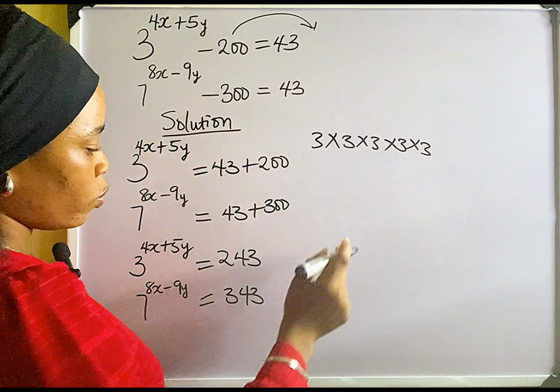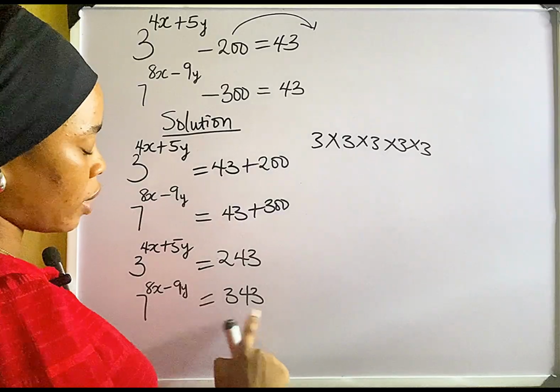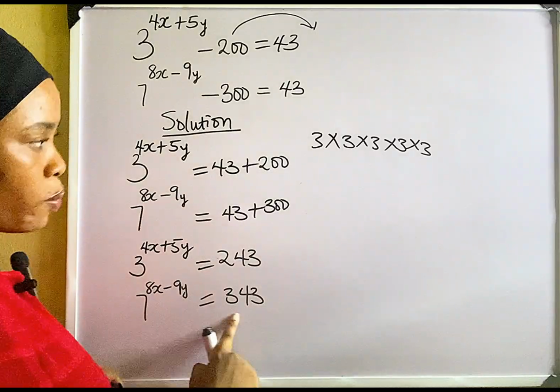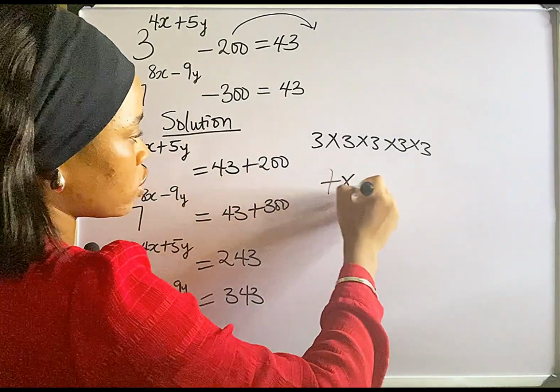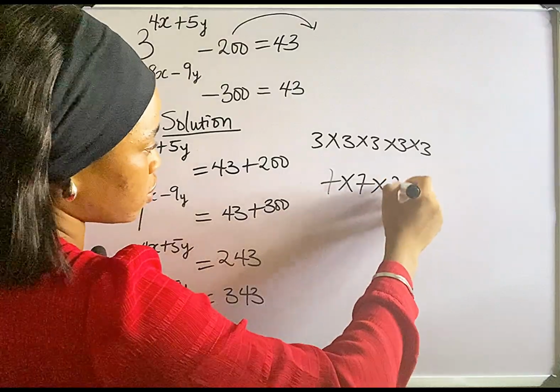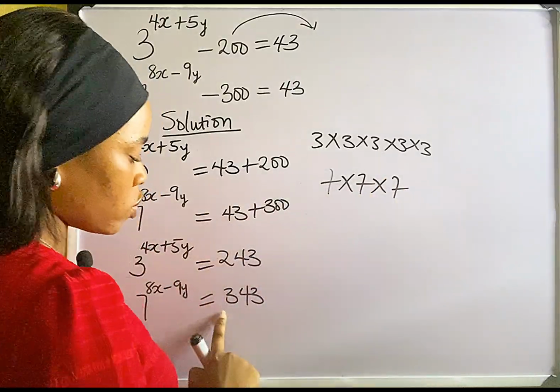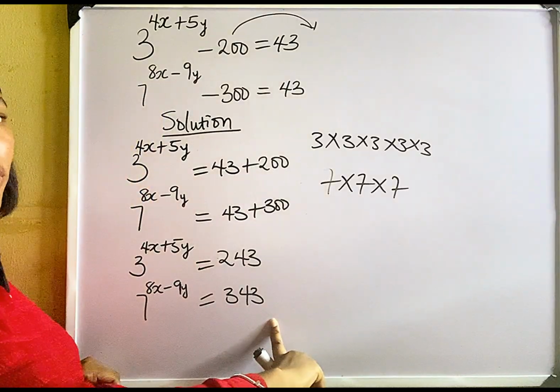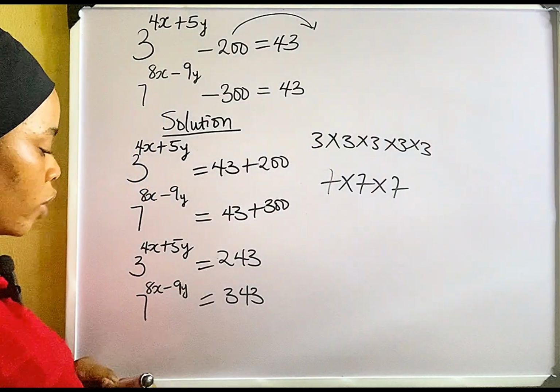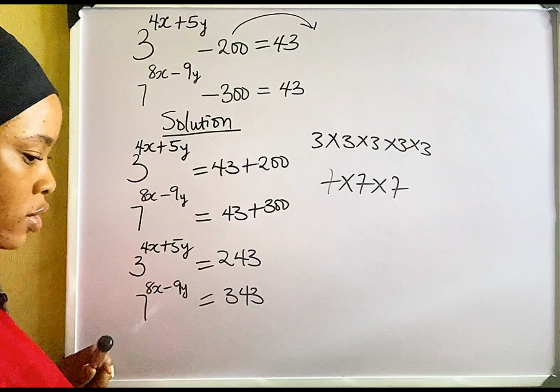And then 343 can be written as a power of 7, that's 7 times 7, 49, 49 times 7 gives us